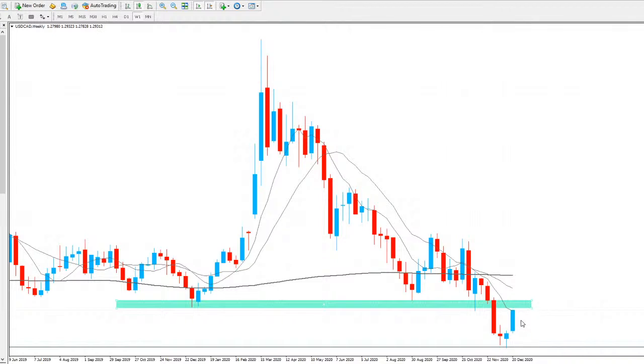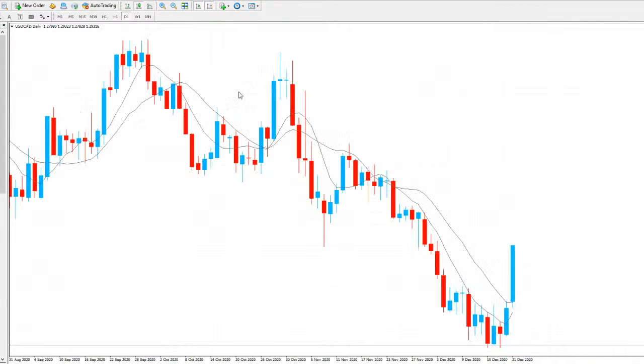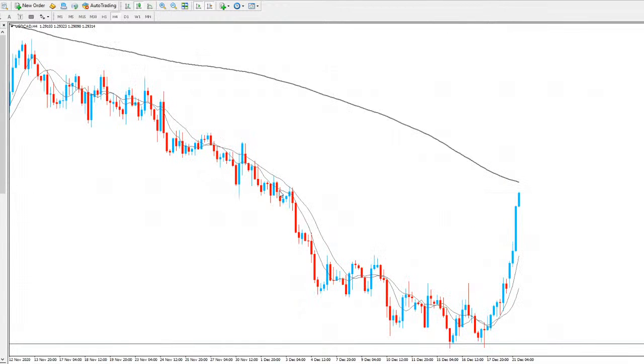So again, from a weekly point of view, you want to see a retest of this area, and from a daily as well. So we do have some nice confidence there. We do expect to push to the upside from a weekly and daily time frame, and it looks like we're having that currently right now. You can see it quite nicely on the daily there as well. 4 hourly still looking very bullish as well for this time frame. Potentially we see some pullback soon, but again, if price wants to continue, we've got the momentum on our side to the upside, and that can continue for how long it wants to.